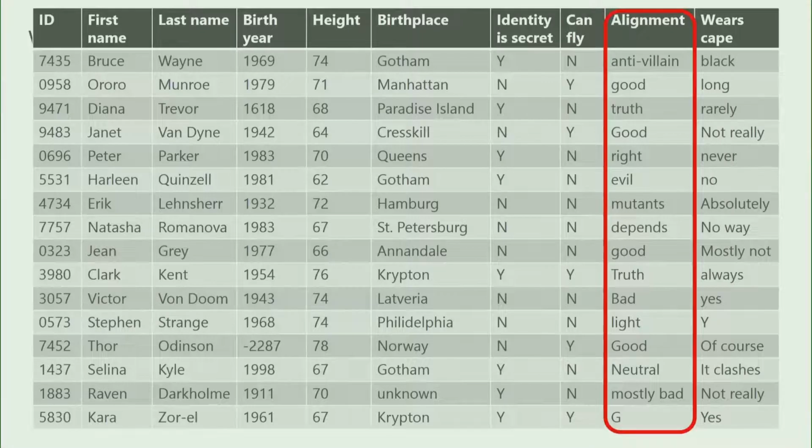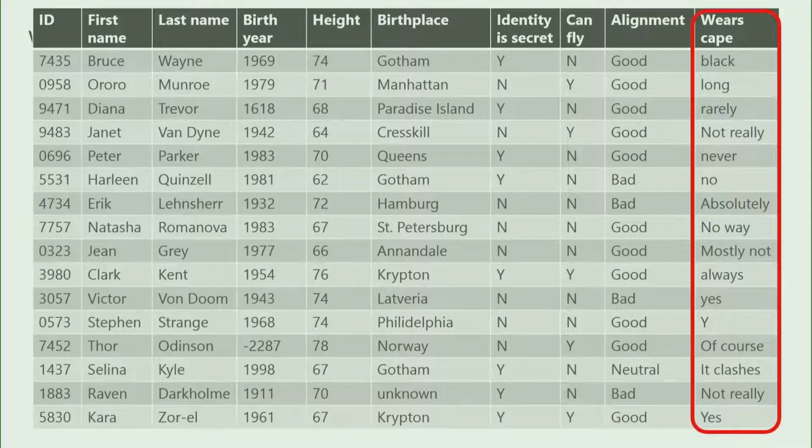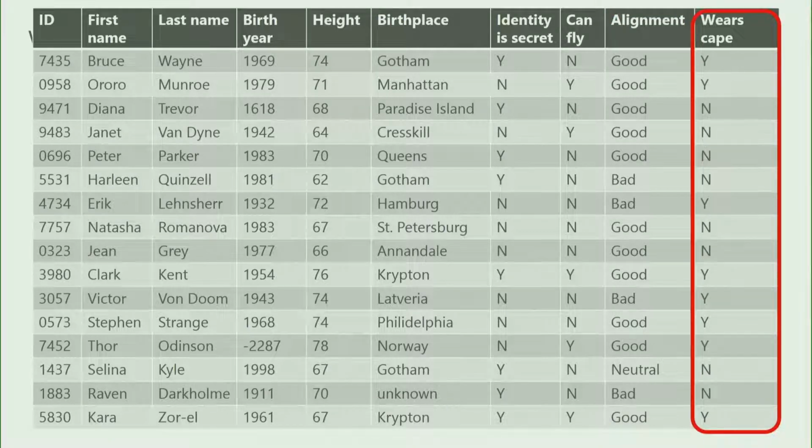Similarly with alignment, we wanted to go through and make this a nice uniform representation, and we're successful, and it just so happens there's 3 levels when we're done. Selena Kyle doesn't really fit in the good or the bad category, so we put her somewhere in the middle. And then finally with the target variable as well. Go through, nice, clean, uniform representation. This is what it means to clean your data, to get it into a form so that the machine learning algorithms, with their limitations, can process it well and make sense of it.